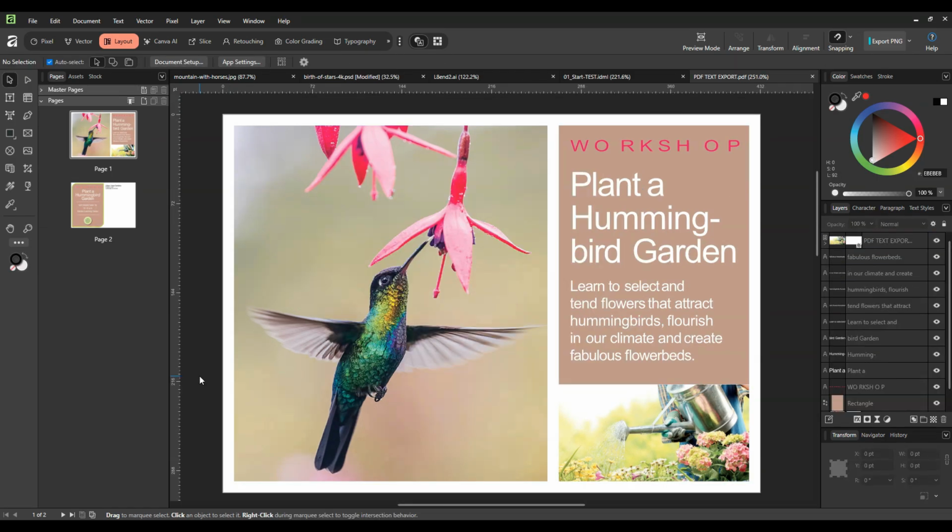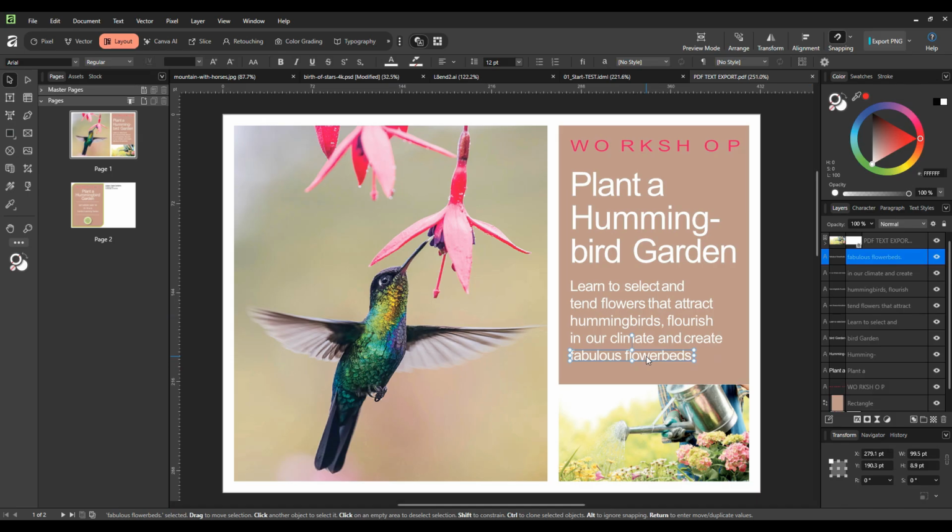So here's the file. And the first thing that I noticed is that in the Layers panel, the text comes across as single lines of text. So if I wanted to edit this text, I will need to click on each line, and in this case double click, and then edit the line.